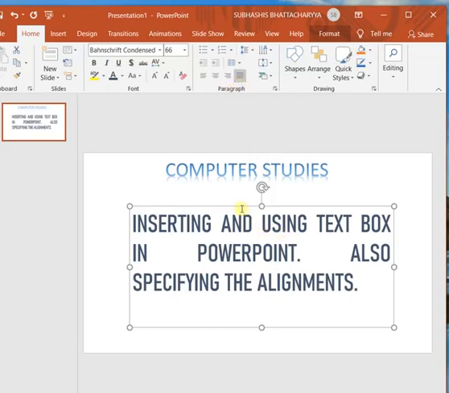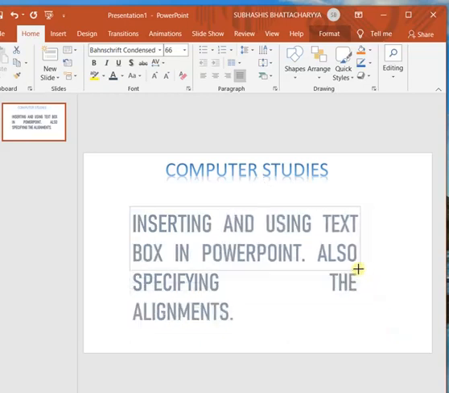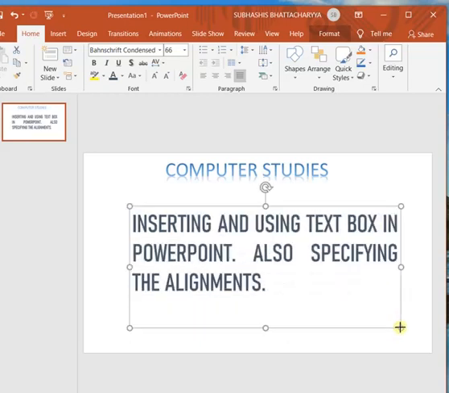Now you can rotate this text box. This is the text box, you can rotate it. You see there are some points given. These points are for resizing the text box. That means you can resize it as per your need.